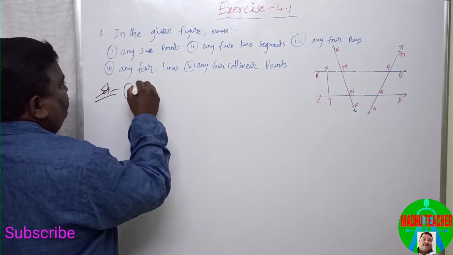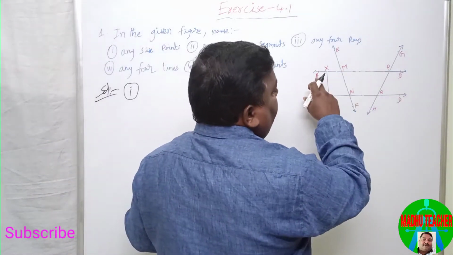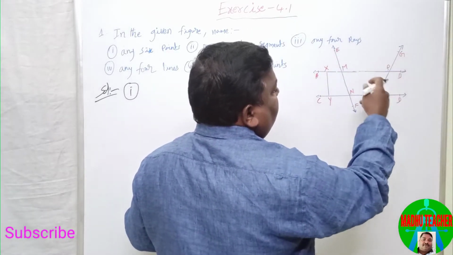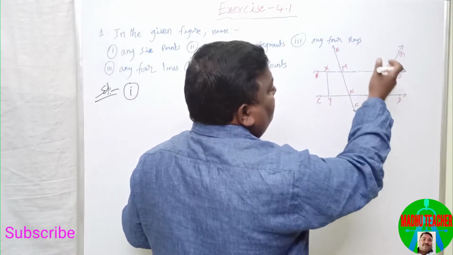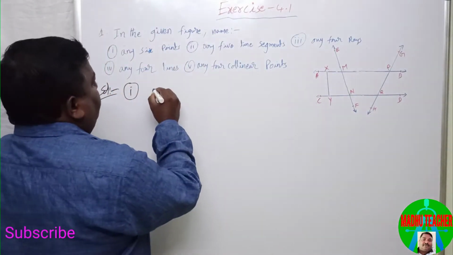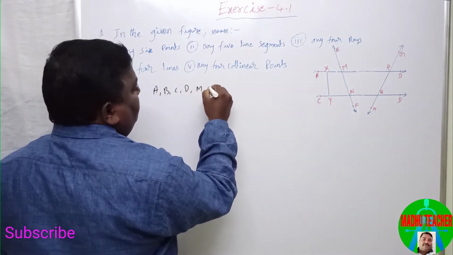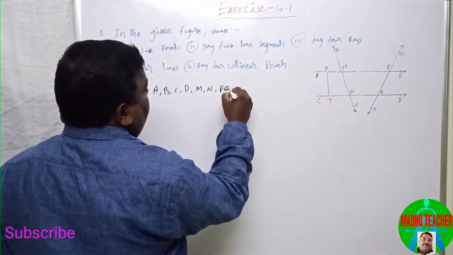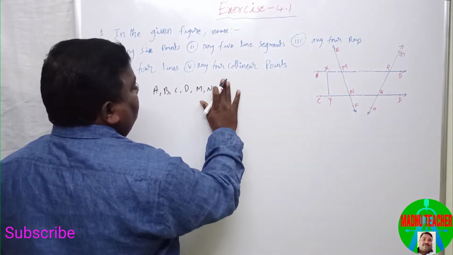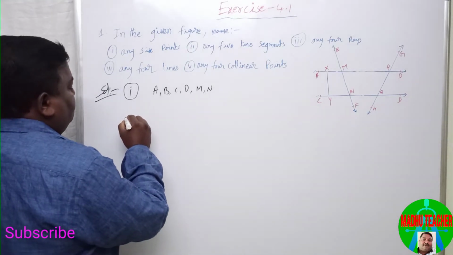First one is any 6 points. So we have A, B, C, D, E, F, G, H and M, N, P, Q. These are the points. So write any points. I am writing A, B, C, D, M, N, P, Q, whatever. He is asking only 6: 1, 2, 3, 4, 5, 6. Six is enough. Okay. Next, second one is